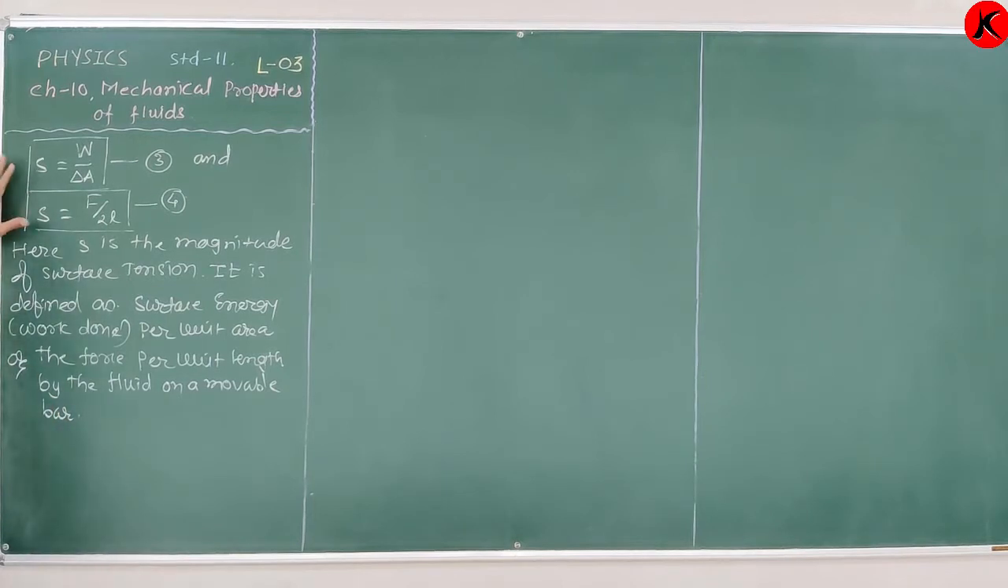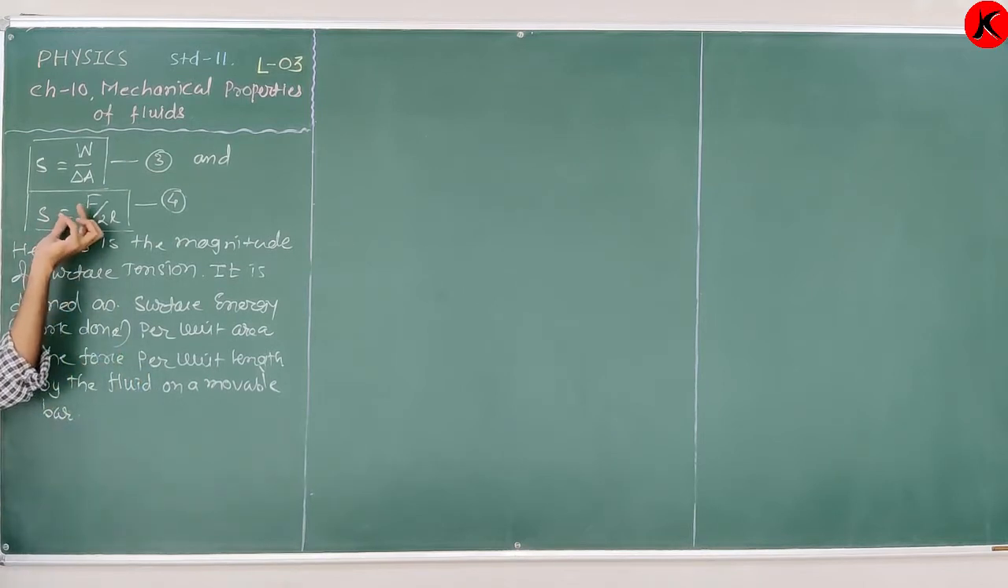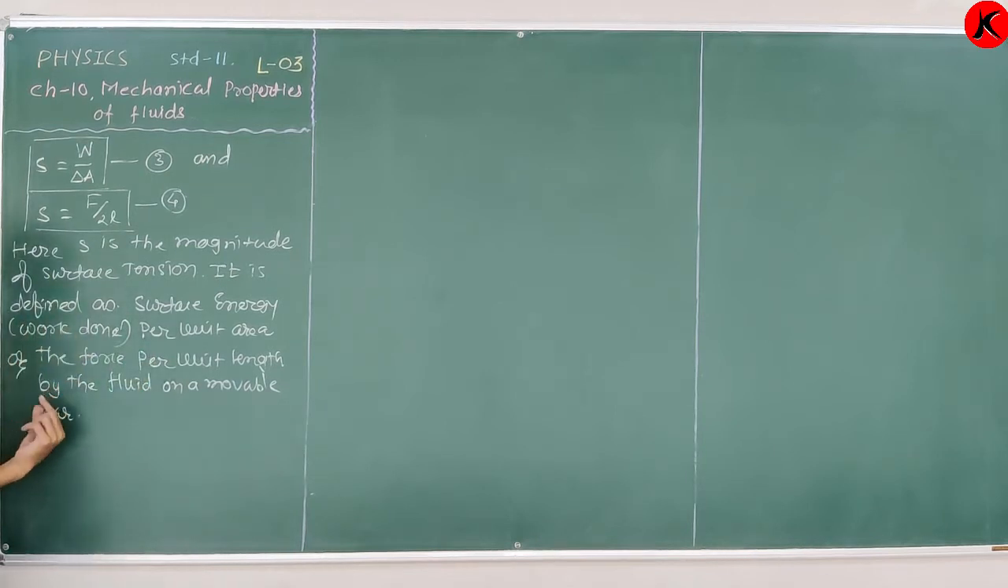Right? Okay. Now listen, from this equation, W is the work done per unit area, or the surface energy per unit area, that is known as the surface tension. The second definition is the force per unit length applied by the fluid on a movable bar. Now, the SI unit of surface tension